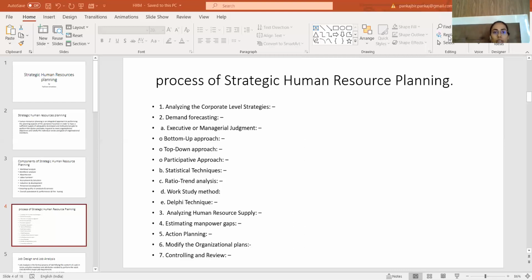The third method is the work study method. This is a technique widely used in production units. This technique is suitable for the study of correlation between volume of production and number of labor. On the basis of that technique, the demand for human resource requirement is estimated on the basis of the workload they have. Work study is the method which is more appropriate for repetitive work and manual jobs instead of non-repetitive jobs in the organization.